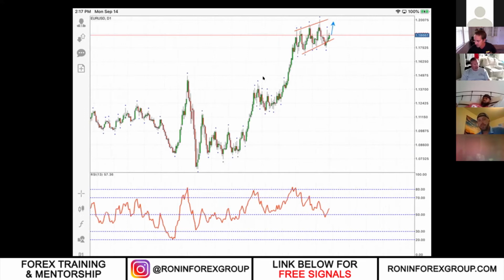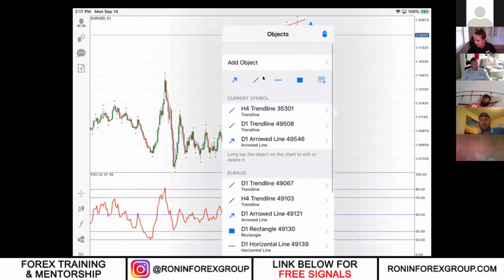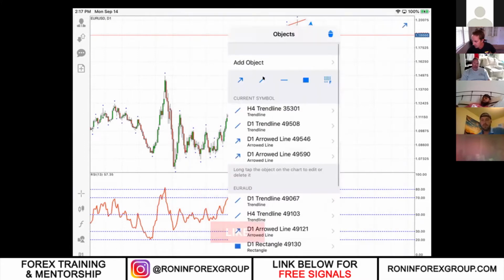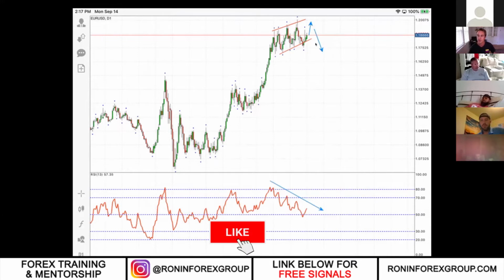I mean, this would be a classic three drive before we move lower, right? So we get a move higher to flush out all the people, and then potentially a move to the downside because of how divergent the RSI is here. Regardless, I think we'll just continue to range within this flag pattern here. So in terms of using zones, which is the topic of this webinar,